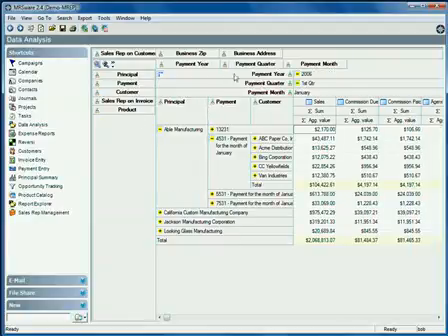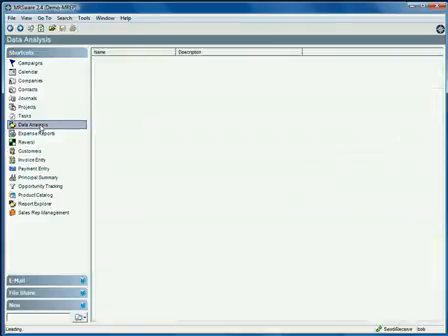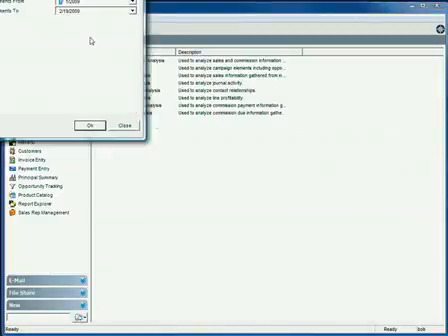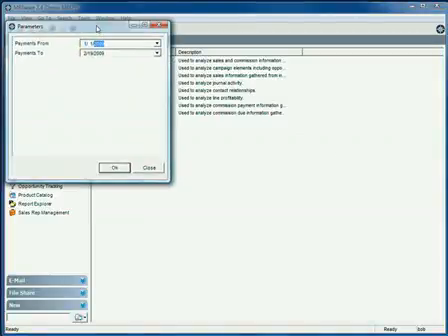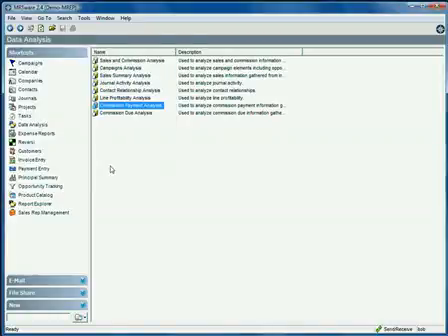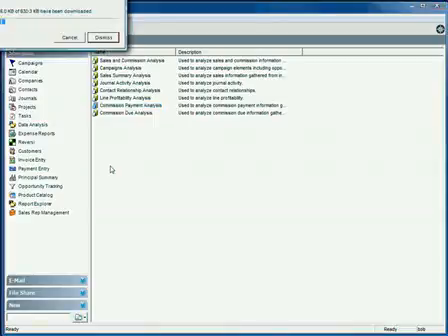So at the end of the year, in that case, if we were really looking at revenue recognition, we would run this for the entire year of 2006, for example. And let's go ahead and do that. We'll just take a look at it quick. What I'm trying to show here is for the year of 2006, when did we get paid and how much did we get paid? And because these payment entry dates actually reflect the check date that the manufacturers paid us,